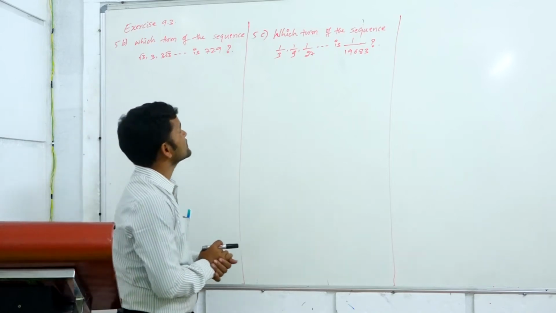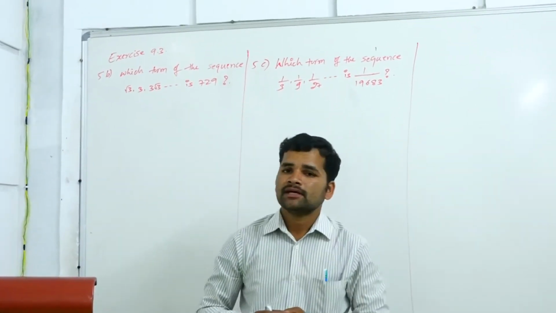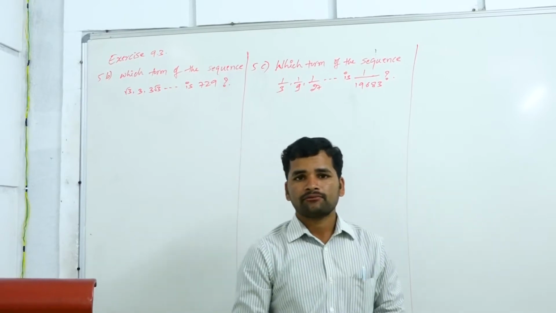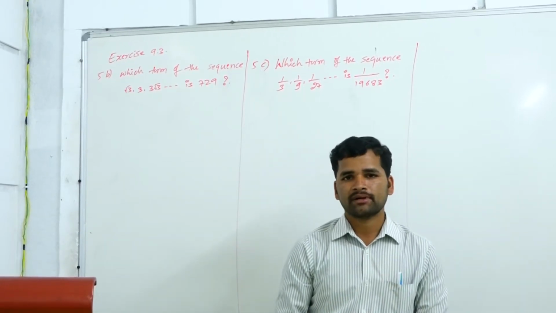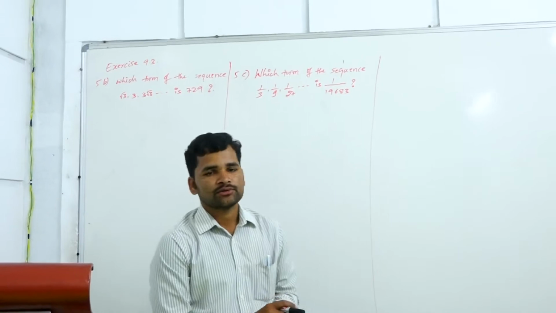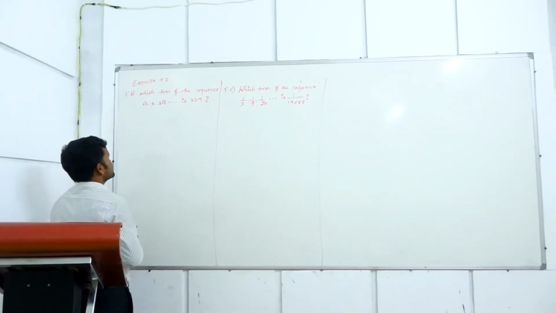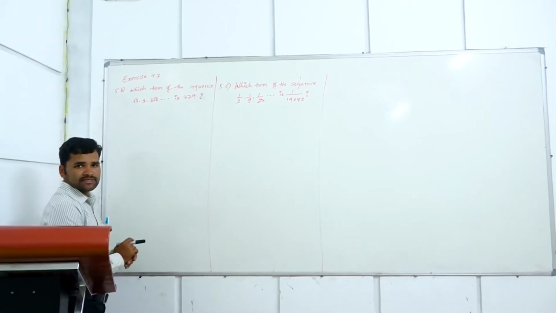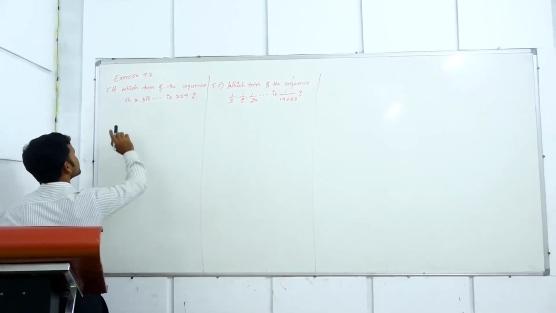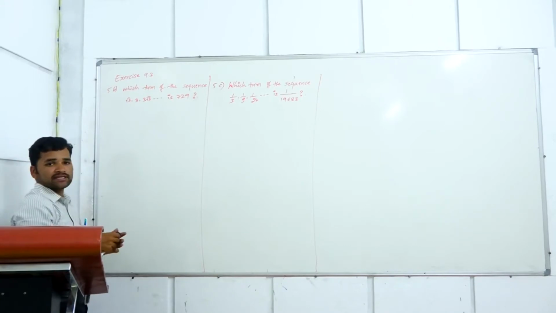In the last session, we have solved up to problem number 5A in exercise 9.3. Now we are going to solve 5B and 5C. 5B says: which term of this sequence, here is one sequence given to us, that is root 3, 3, 3